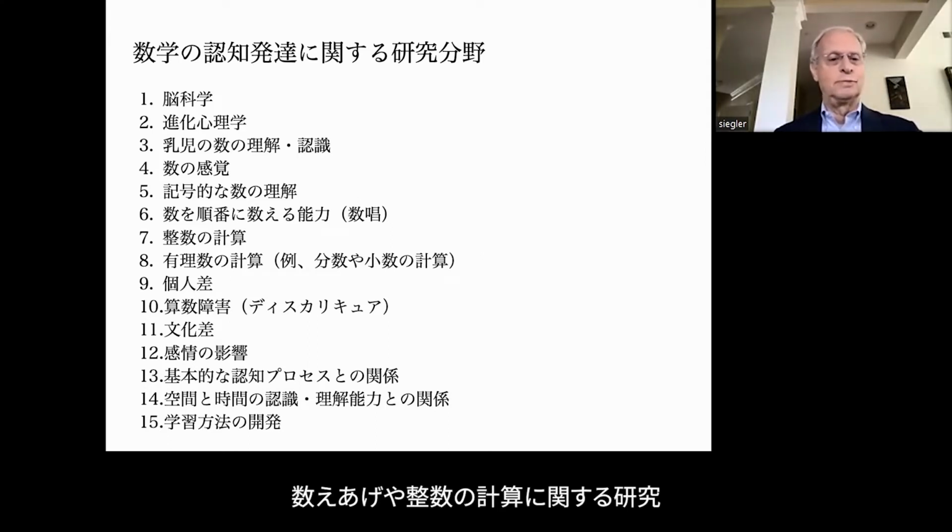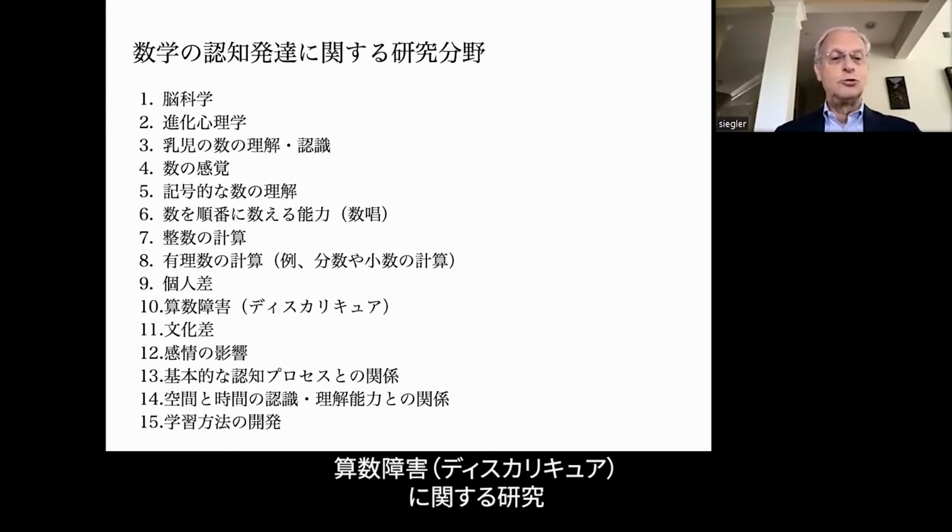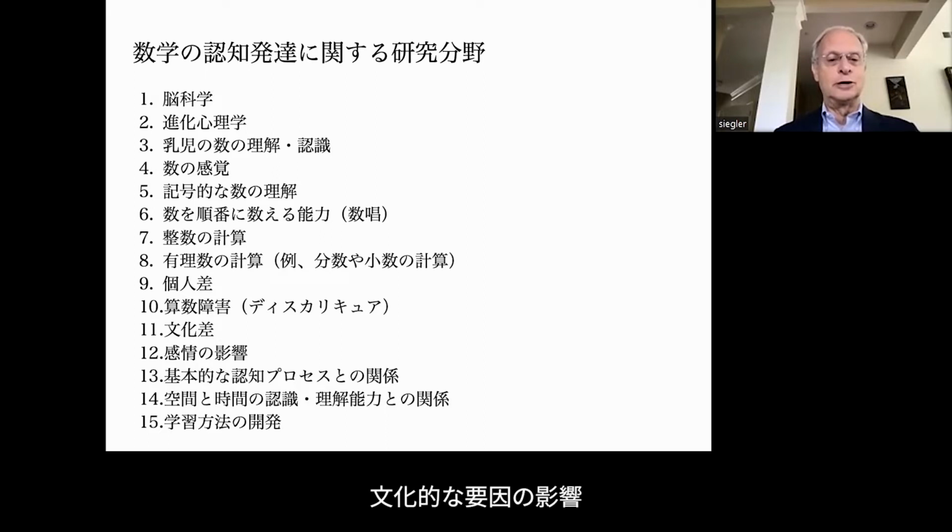Counting, whole number arithmetic and rational number arithmetic, individual differences in numerical learning, dyscalculia, difficulty in dealing with numbers, cultural differences in numerical understanding, emotional influences of factors like anxiety, relations to basic cognitive processes, relations to other concepts that are quantitative, such as space and time, and interventions aimed at improving children's and adults' understanding of numbers.